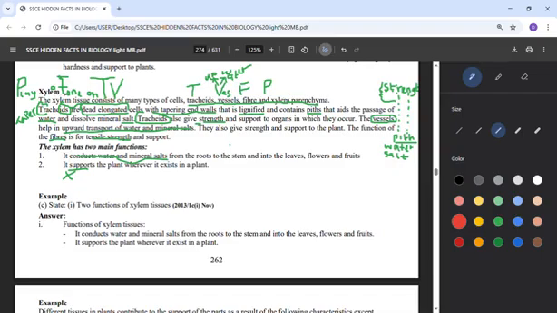Xylophone, the F, turn it to fiber. We have fiber in xylem. Then television, that's T, trachea. We have trachea in xylem. Then V, we use it to remember vessel. There's vessel in xylem. So looking at these 4 things, if you want to consider trachea, from trachea they are